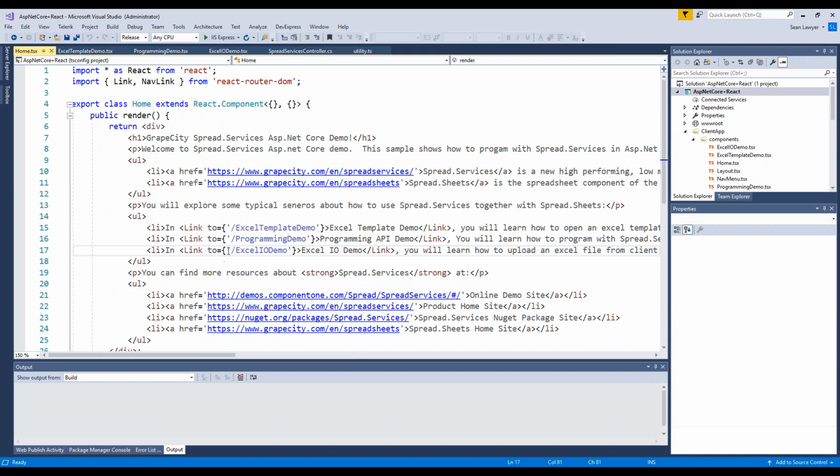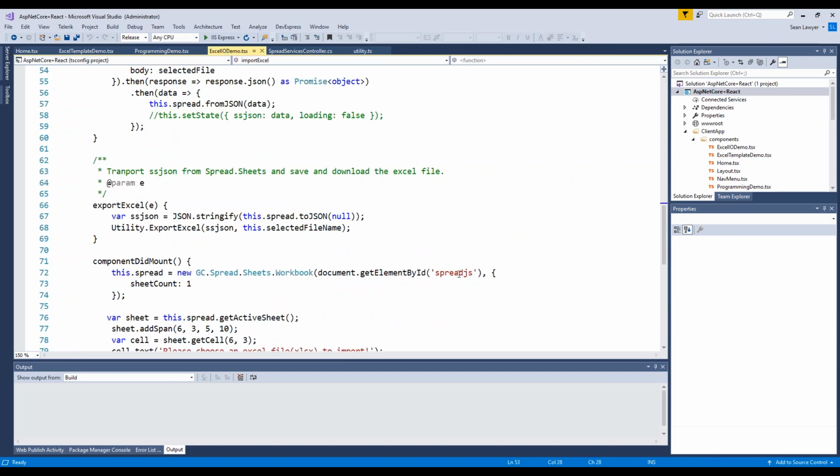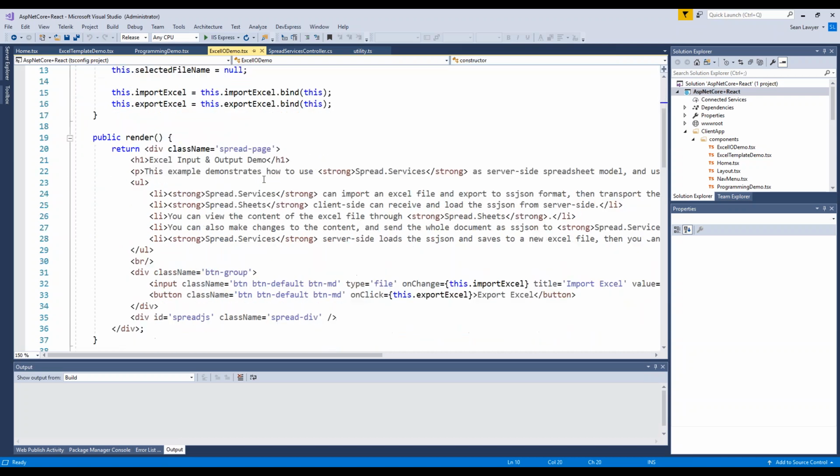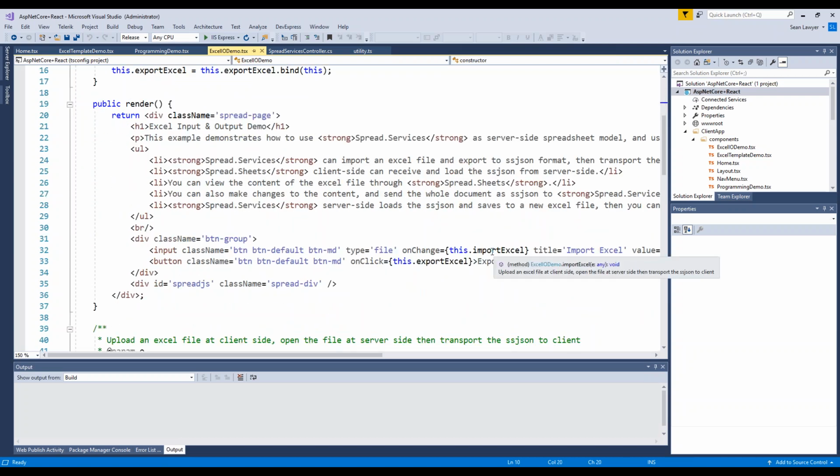Finally, I want to show the Excel.io demo code. The Excel.io demo code, I think, is the coolest. This shows using the spread.sheets control on the client side as a viewer. So we have an instance of the spread.sheets workbook here, and a couple of buttons to import and export,